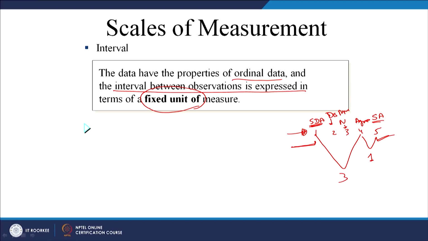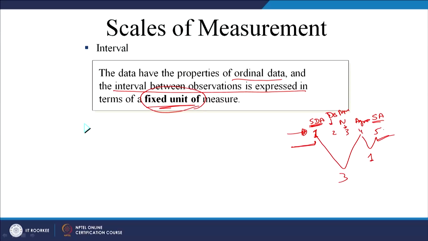So, this is, we can have a fixed unit of measure, right, because there is something fixed over here. If you take this as the starting point, then this is the last point. You can take the vice versa also. You can have strongly agree as 1 and strongly disagree as 5. You can have a scale like this as well. So, that is interval scale. It tells you how much of a characteristic a product or a person has got, more or less, compared to others.